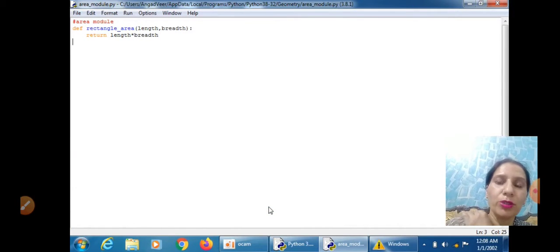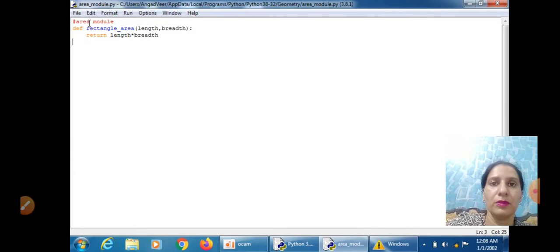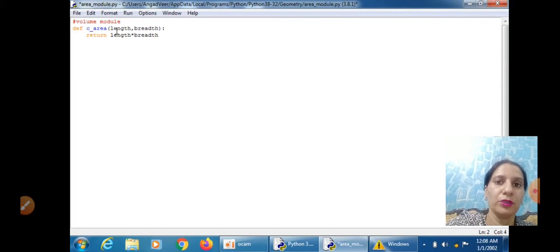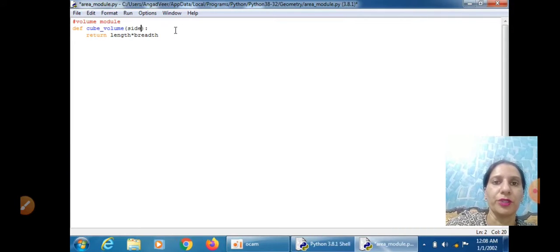Now make another module, the volume module. Suppose here we are finding the volume of a cube, so write cube_volume and take side as the argument. Pass it into the cube_volume function.